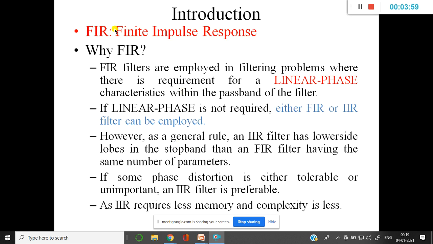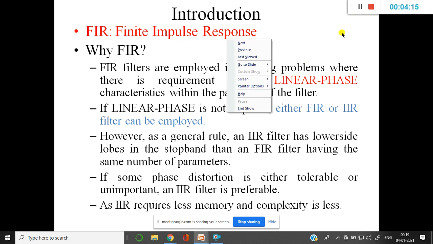Again, let me have a brief introduction about FIR filter. The name itself indicates it is a finite impulse response, where h of n has a finite value. Now when I say finite value,